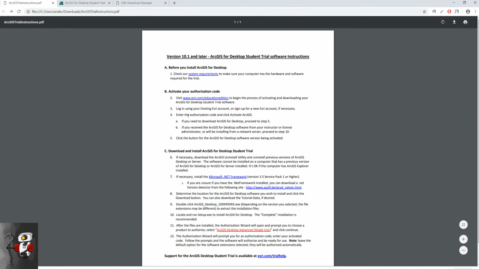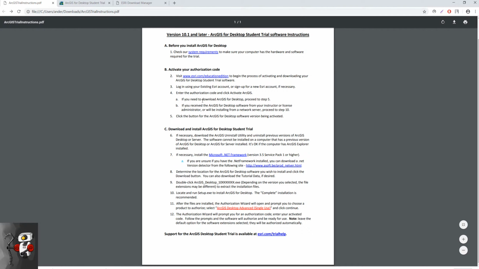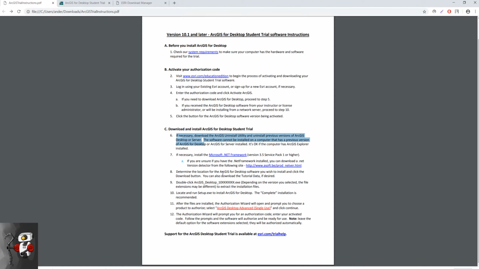So what we just did is we used our authorization code to activate that, and then we downloaded the version that we wanted to activate there. And then the last steps here, part C. We don't need to uninstall anything because we didn't have anything on our machine. I don't need to worry about the Microsoft .NET framework. I've got that already on my machine. I'm going to decide where I'm going to install the software. In this case, we want to install the software to our root, and that's going to be the default location